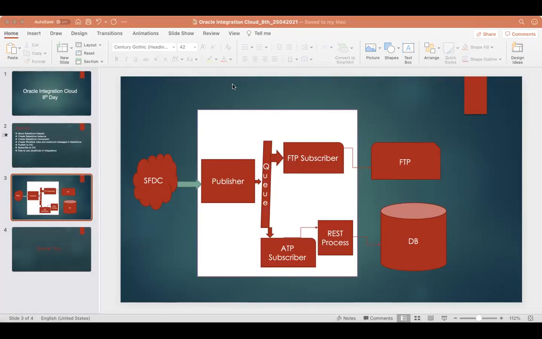So as you know, in the integration, you don't have any provision to call any custom coding. You cannot create a Java and then call it from the integration. But integration allows you to create libraries, and the libraries can call your JavaScript functions. And you can use those libraries in your integrations to do some custom transformation, which is not possible in the integration. For example,